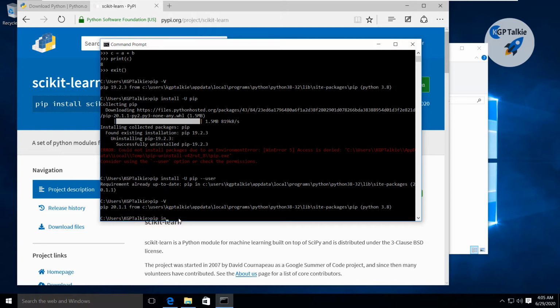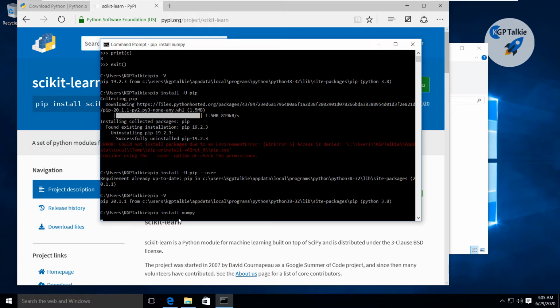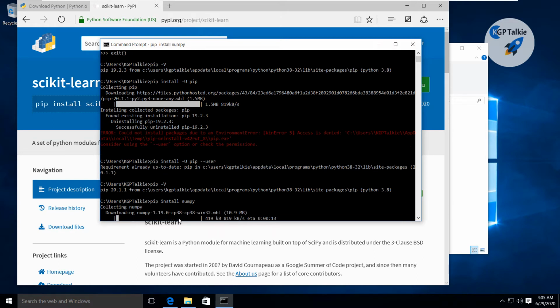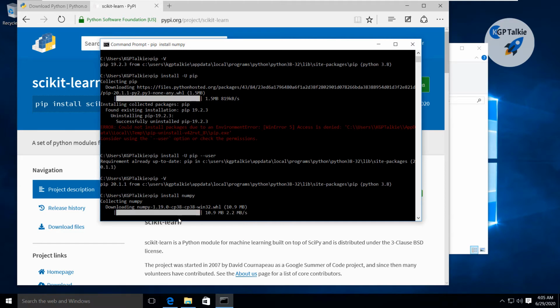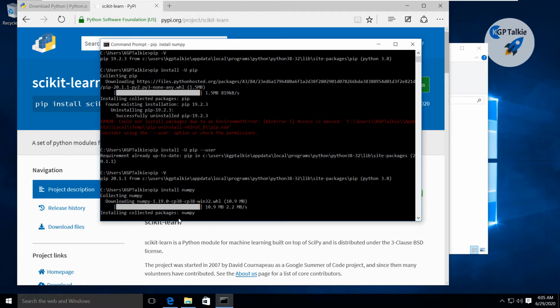Thereafter you can install other Python packages like pip install. If you want to install numpy, then you can install numpy. Thereafter you can also write pip install pandas and all other Python packages which you want to install in your computer. Alright, so there you see there numpy is installed. Perfect, congratulations, you have